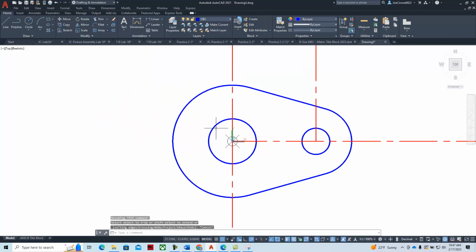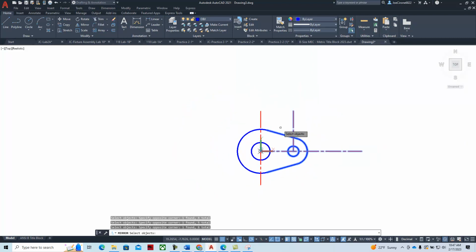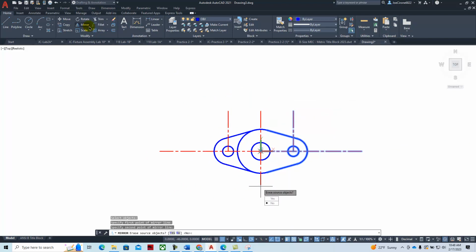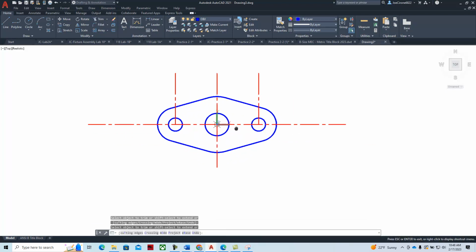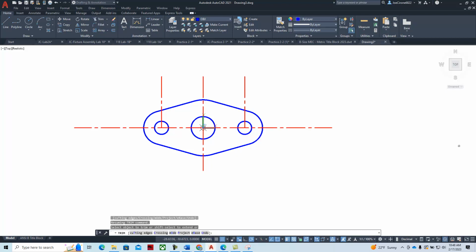We're going to mirror that shape about this axis, and then we'll trim this. Alrighty, so that's what our base is going to look like,